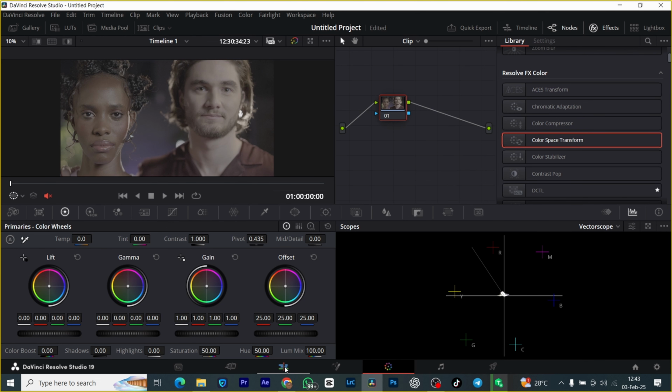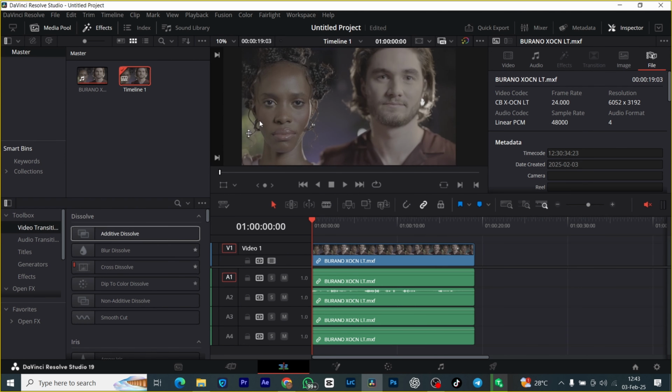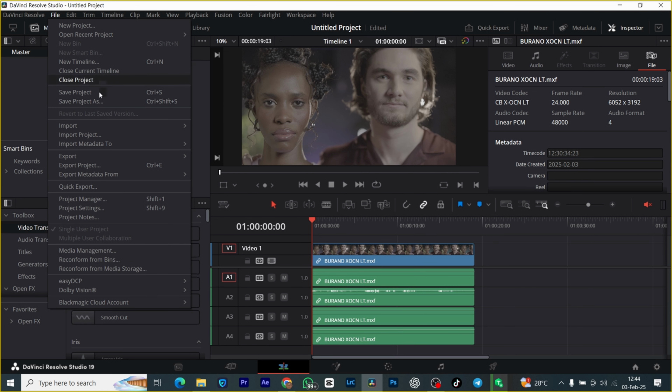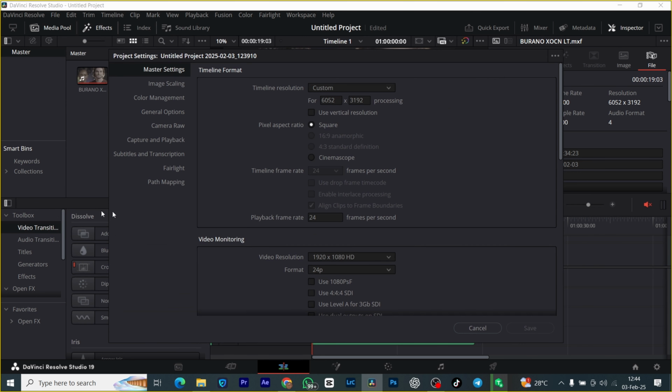And always the first thing after importing your clip is coming to this sector here and look for the resolution. You see that? Then you come to File, Project Settings, and make sure it aligns. If it doesn't, you just press onto it and organize it. It has to match to that so that it fits onto the timeline quite well